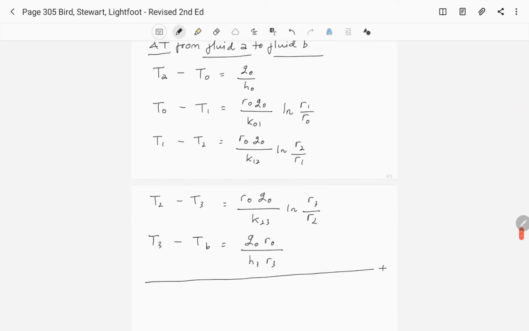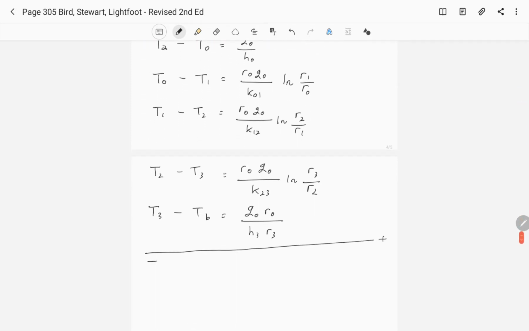So if we add, then we will have TA minus T naught plus T naught minus T1 plus T1 minus T2 plus T2 minus T3 plus T3 minus TB is equal to